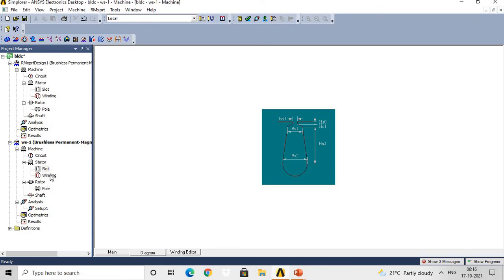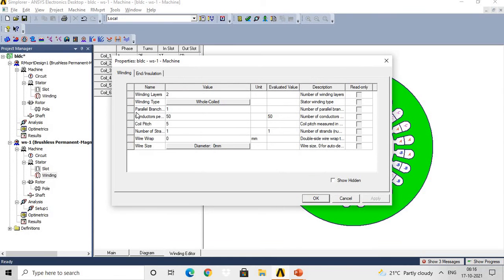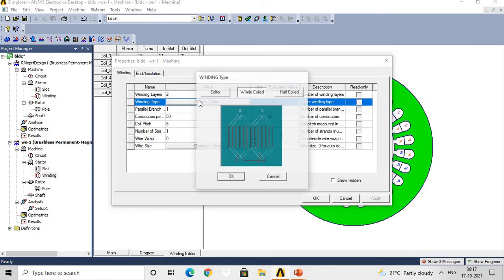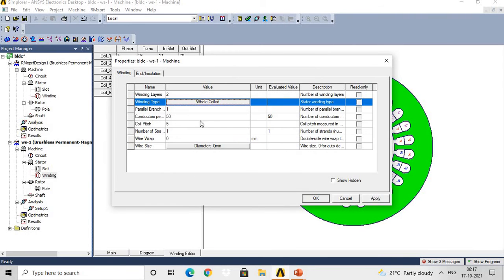Now after that, stator winding. In case of the BLDC motor, here we need to provide the inputs related to the stator winding. So here number of winding layers is 2. Winding type, here also you can either edit the winding type, or you can select the whole coiled or half coiled winding type. Here we have selected the whole coiled winding type. Then parallel branches 1, then conductors per slot 50, coil pitch 5, number of strands 1, wire wrap 0 mm,